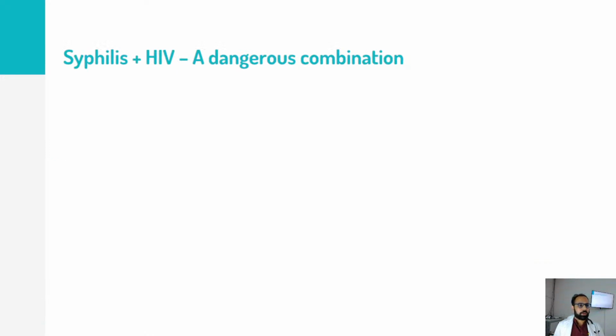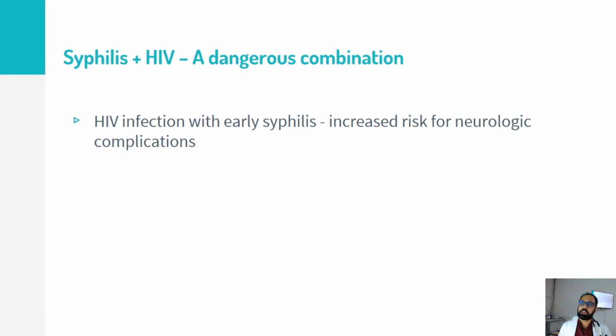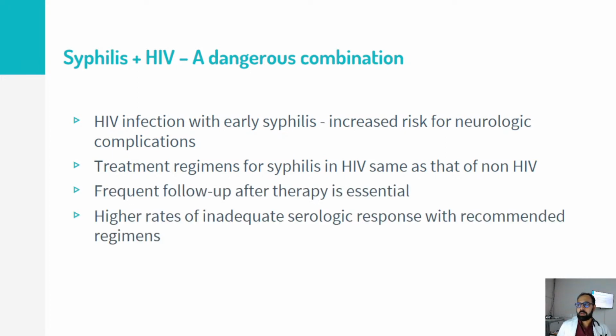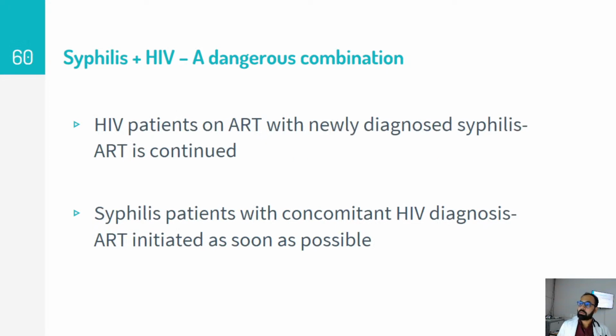And finally, I would like to say that syphilis in an HIV patient is definitely a dangerous combination. HIV patients with early syphilis have an increased risk of neurological complications. However, the treatment regimen for syphilis in an HIV patient is the same as that for a non-HIV patient. But we need frequent follow-up after therapy because there is a higher rate of serological non-response in